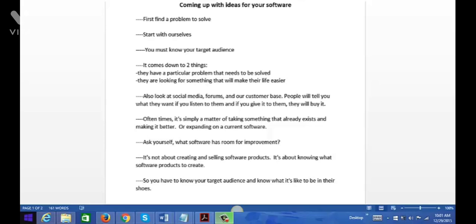Do you have a problem in your business or personal life that can be solved with a software tool? Because let's face it, if you have a problem, I'm pretty sure there's going to be other people out there with similar problems as you. So your problem is not unique to yourself. You must also know your target audience that you plan to sell your software to. So basically, it comes down to two things. One, consumers have a particular problem that needs to be solved, and